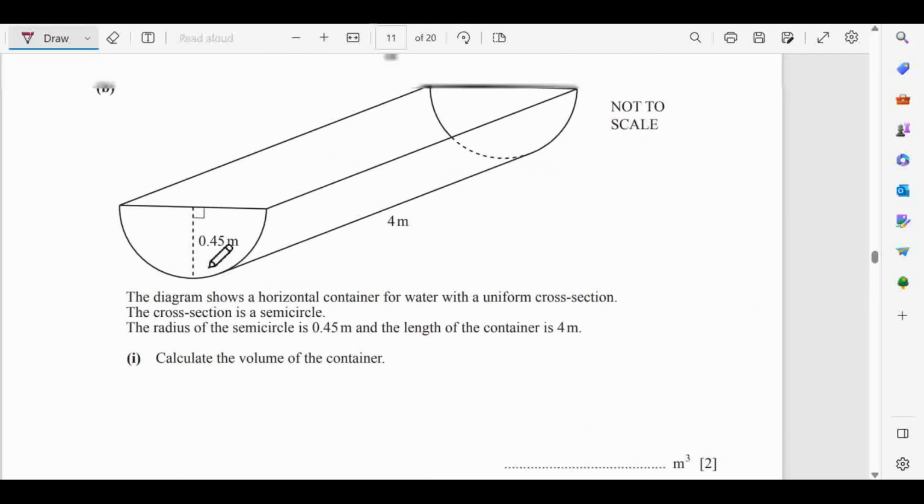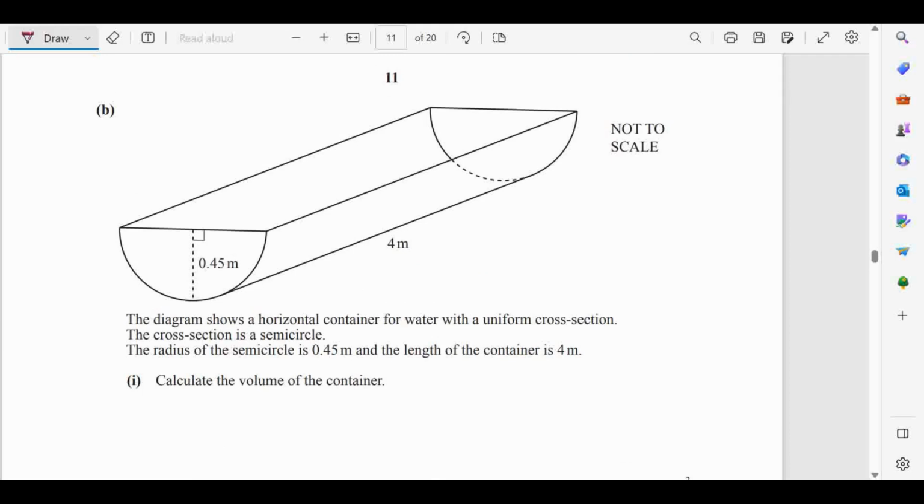In part B, the diagram shows a horizontal container for water with the uniform cross section. The cross section is a semicircle. The radius of the semicircle is 0.45 meter and the length of the container is 4 meter. Calculate the volume. Now we need to find out the volume, and the basic formula for the volume is